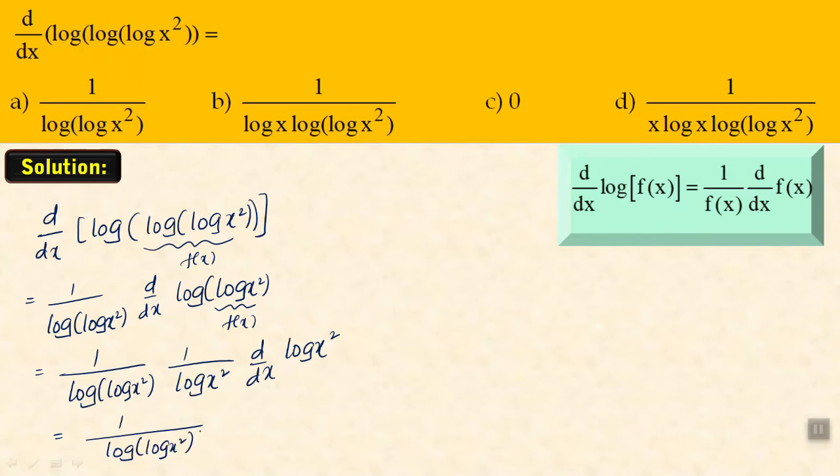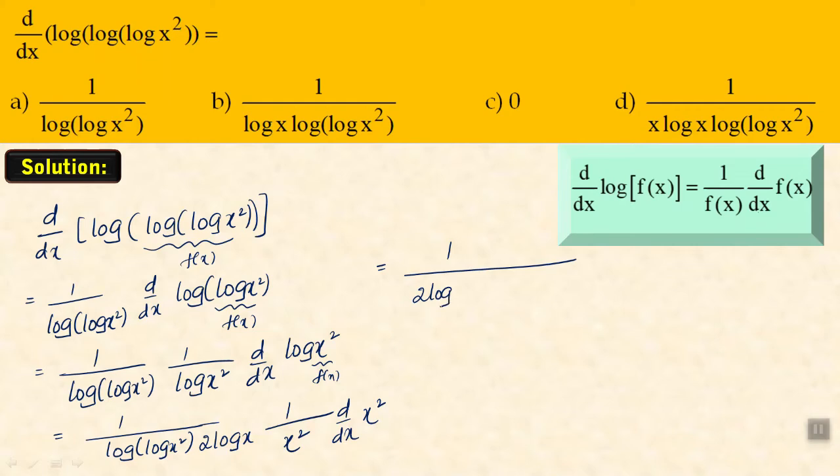Log x power n can be written as n into log x, that is 2 into log x, into, here consider x square as f of x, again using this formula, 1 by f of x, that is 1 by x square, into d by dx of f of x, that is x square, that equals to 1 by 2 into log x